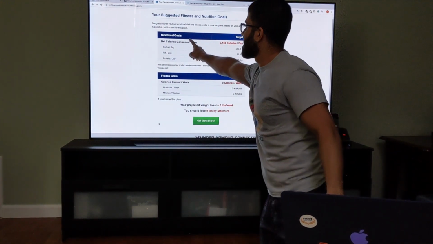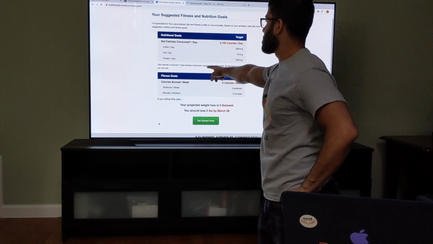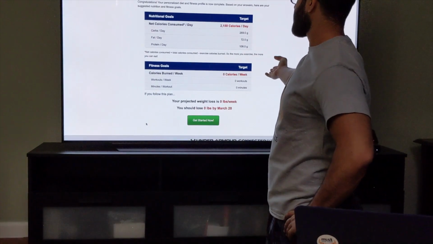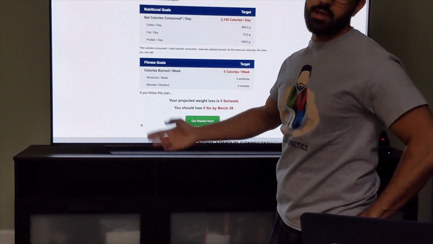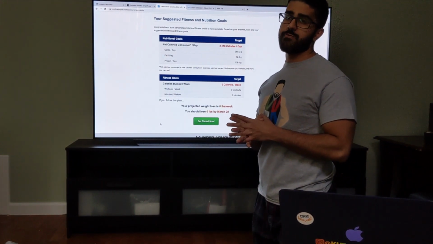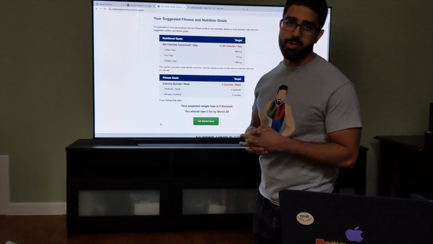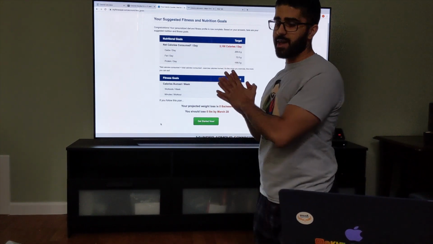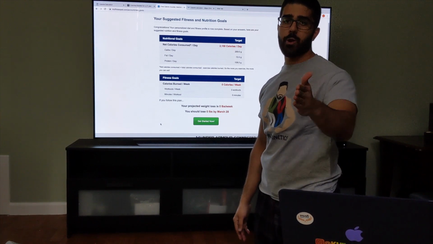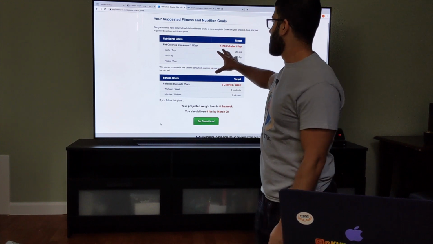But it says over here, net calories consumed. Net calories consumed equals total calories consumed minus excess exercise calories burned. So the more you exercise, the more you can eat. Now that's a very tricky thing, right? It's not that if you do 500 calories of exercise, you're going to eat back 500 calories, right? This idea of net calories is not really useful for most of you on this channel who want to lose weight. If this is not taking into account, your